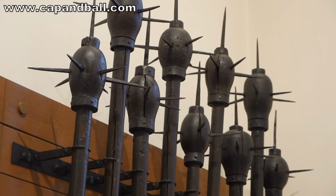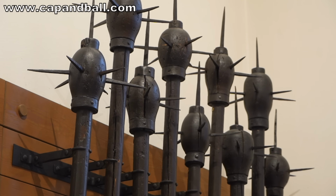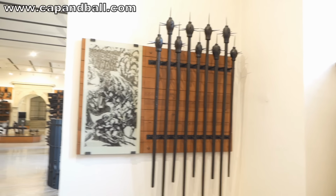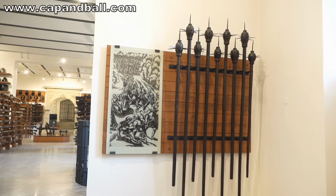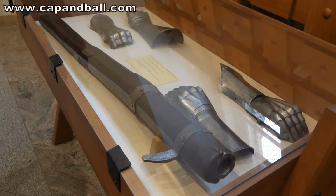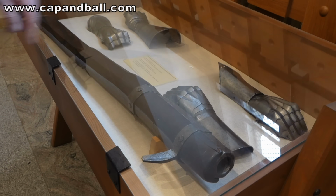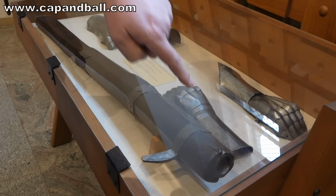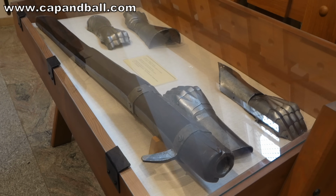In the same hall, some polearms of medieval origin are visible. These morning stars, or in German Morgenstern, were made in the 16th century, but were used also in the 17th as well. It's the oldest arquebus in our collection, and very interesting is that the barrel is not octagonal as usual,